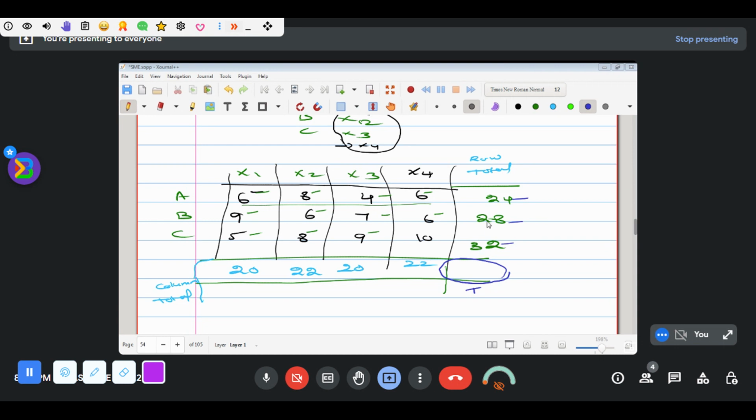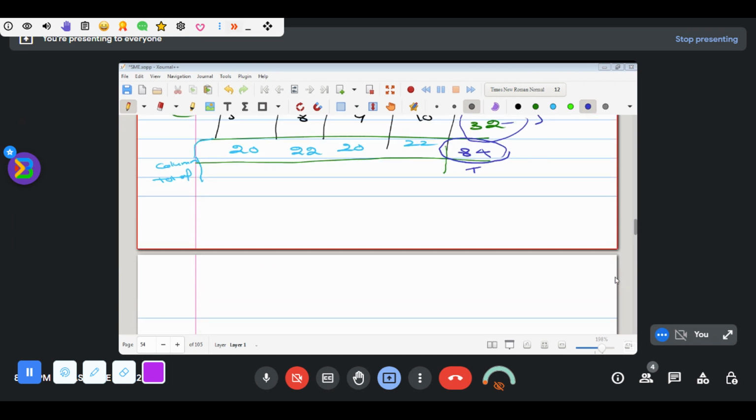No. Row wise we add separately and column wise we add separately. Both values are equal; we do not add overall. Separately we add: what is the sum of this result and what is the sum of this result? Column wise is 84 and row wise is also 84. So this is called a grand total. One by one calculation you want to do. Grand total equal to